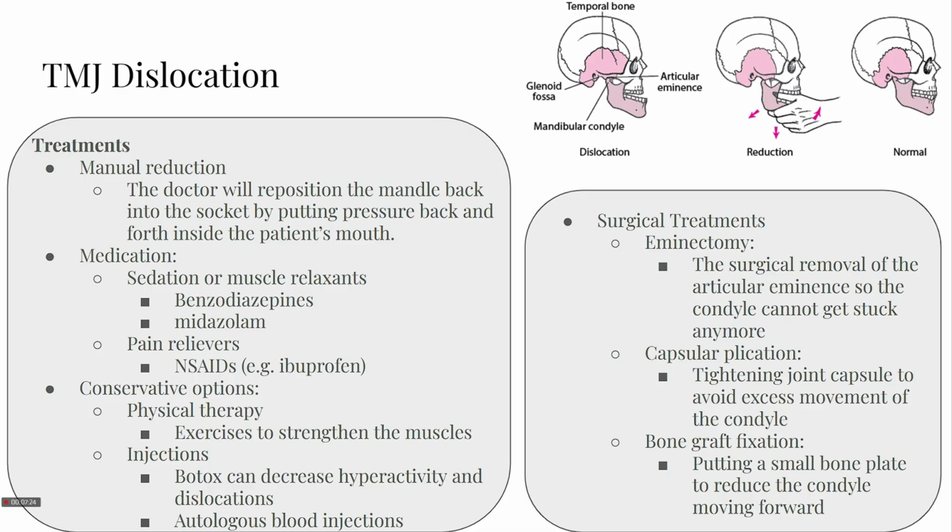the joints. And so, if those don't work, there are also surgical options, including eminectomy, where the articular eminence is removed so then the jaw cannot get stuck again, capsular plication, which can tighten the joint capsule to limit any excess movement, and bone graft fixation, where a small bone plate is placed to stop the condyle from sliding or